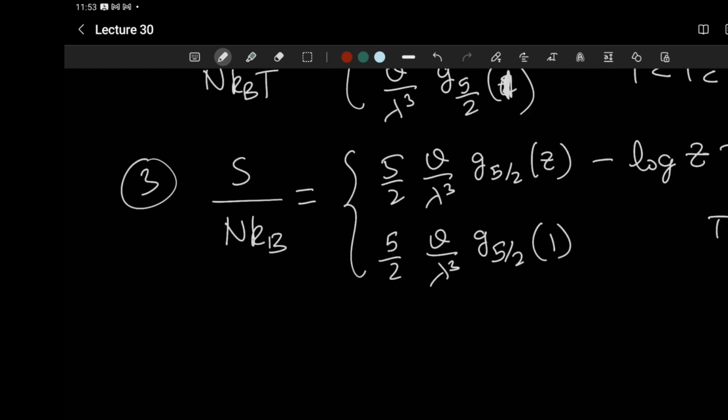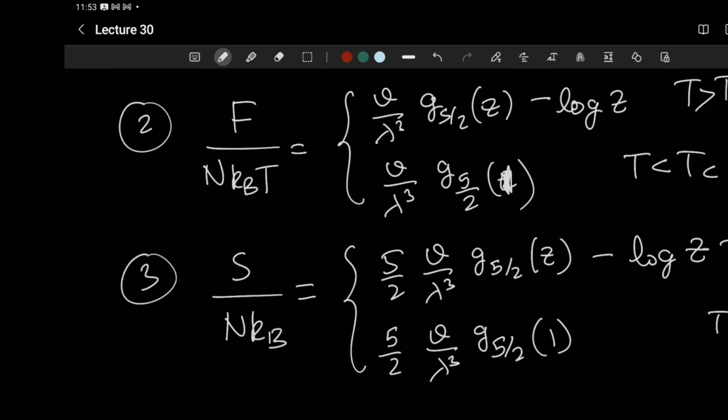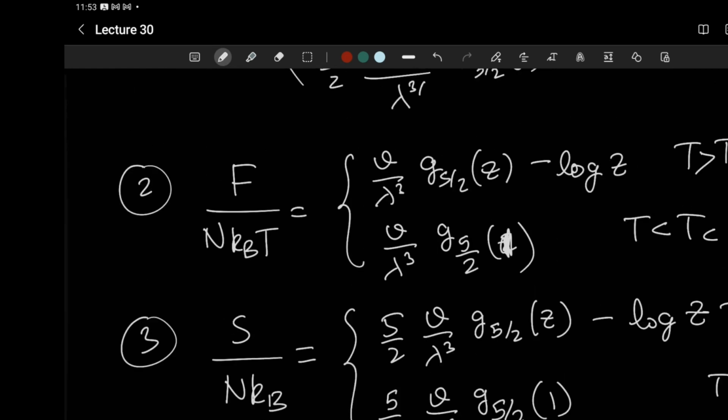And so you can see that we can also get this. So for instance, I've written this, but offhand, if you ask me where the log z is coming from, I have no idea. But if we do it carefully, we will see the log z come. Okay, so where does that log z come from? I'm writing something, I don't know. But if you follow first principles, it will come.